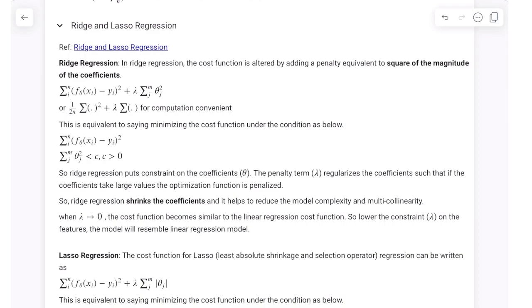So the next one, we continue to talk about overfitting. There are two important regressions called ridge regression and lasso regression. They can help us figure out if your model is overfit. It has a very interesting